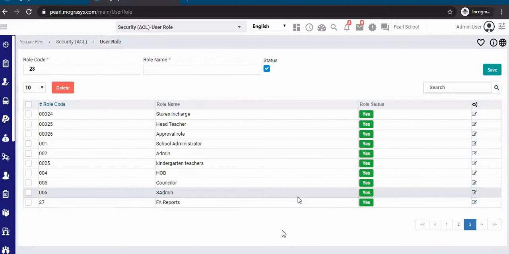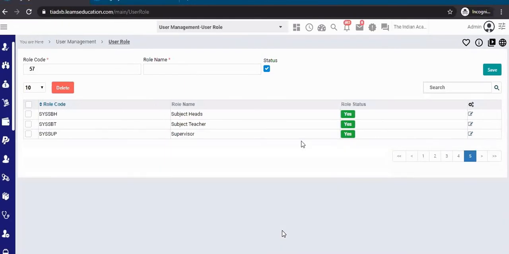We can ask Vaibhav to check it and update it. If those have characters, they can be excluded. Or else I will do something, so even if characters are there, it will not consider them. That I will check. So these roles need to be defined, and this role mapping needs to be defined.